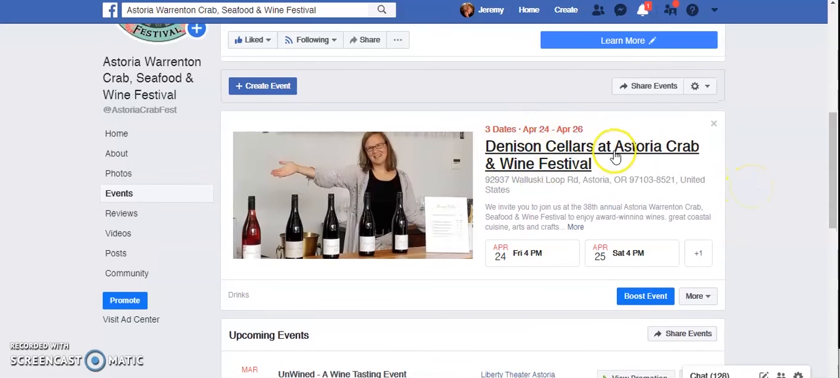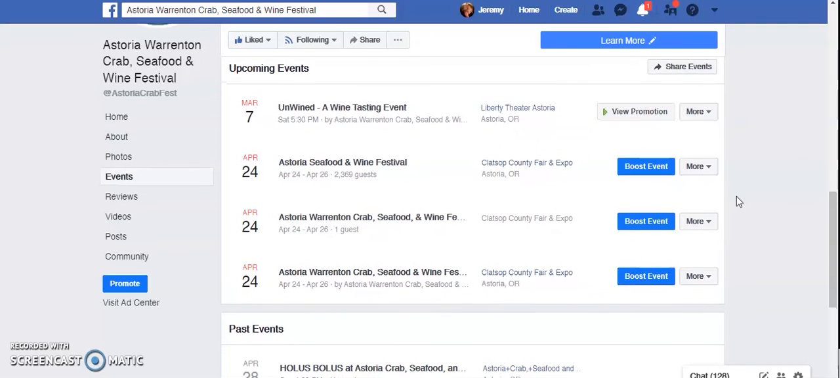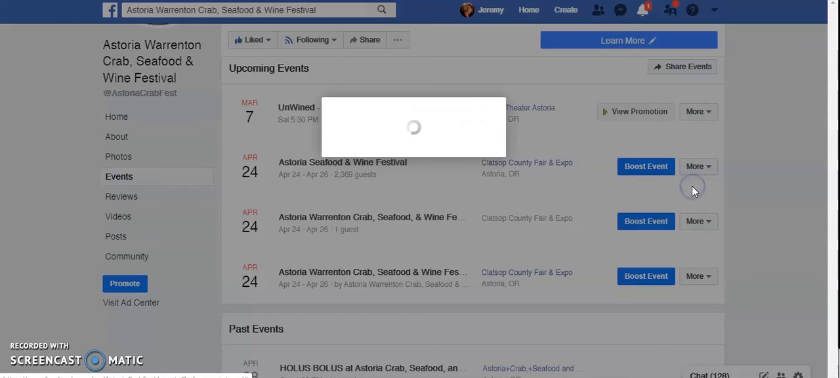Now, theirs is set up correctly. Denison Cellars at Astoria Crab and Wine Festival. You don't have to adjust anything there. But now you need to go look at the other two that you accepted. So here's the one by King's Raven Winery. You're going to want to edit that event